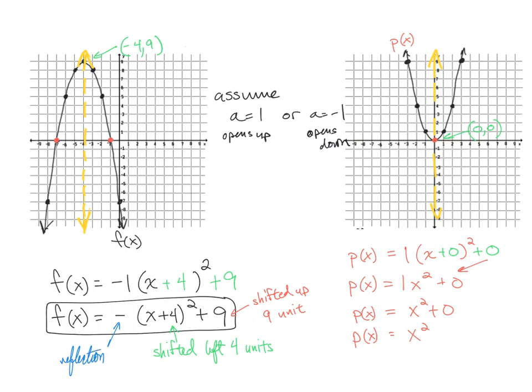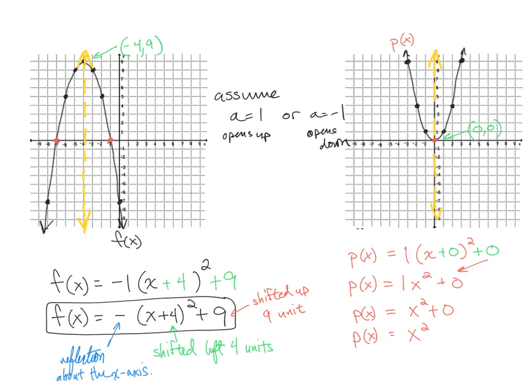A reflection, we can say about or over the x-axis, reflected over the x-axis, reflected about the x-axis. There's a lot of different ways we can say it. But if it's negative, then we would say reflected over the x-axis. All right, one final thing on this slide is that we have here